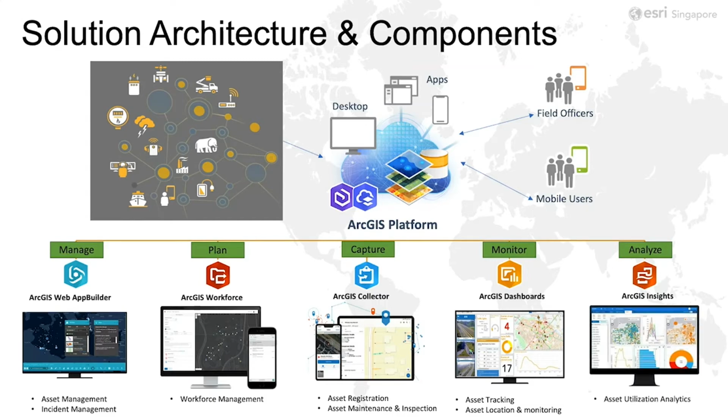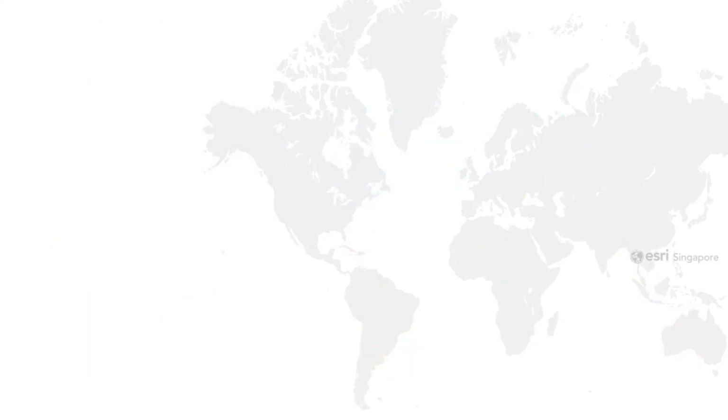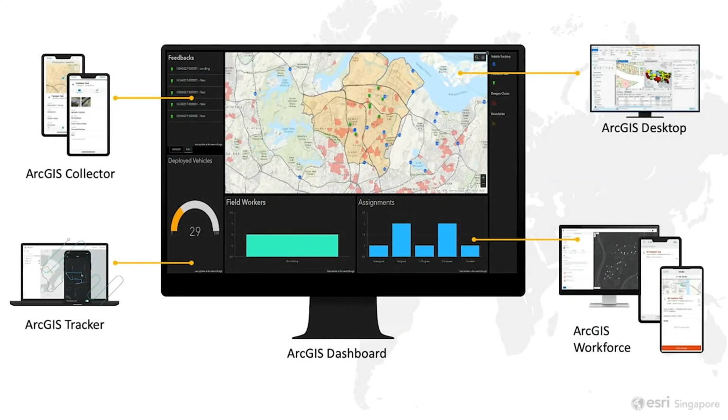Last but not the least is ArcGIS Insights. It is a self-service location analytics that answers questions you didn't know how to ask, analyzes data completely, and is able to unlock new insights. It revolutionizes decision-making with analysis that visually informs the organization of new, previously unexplored insights gained from the perspective of where. So this is a quick overview of how each component plays a part in the GIS asset management system